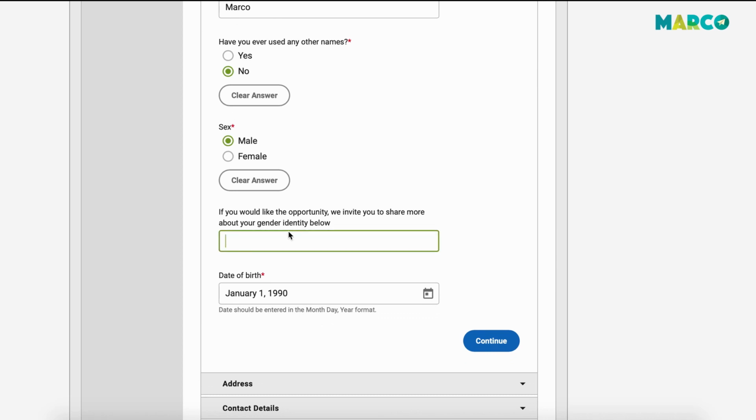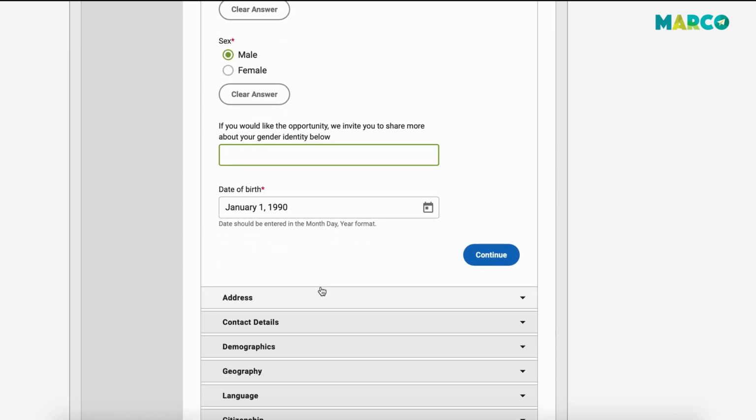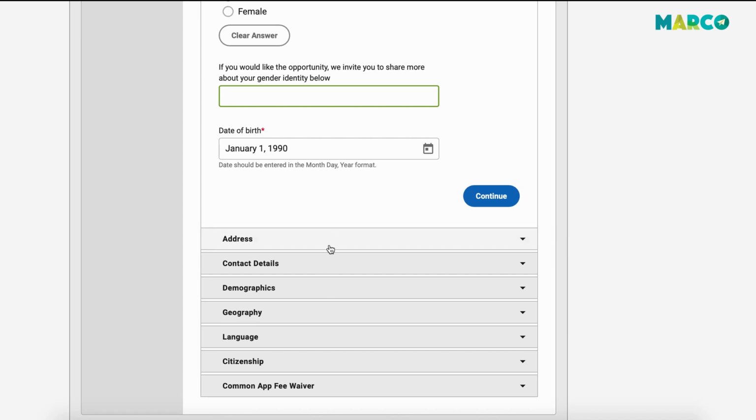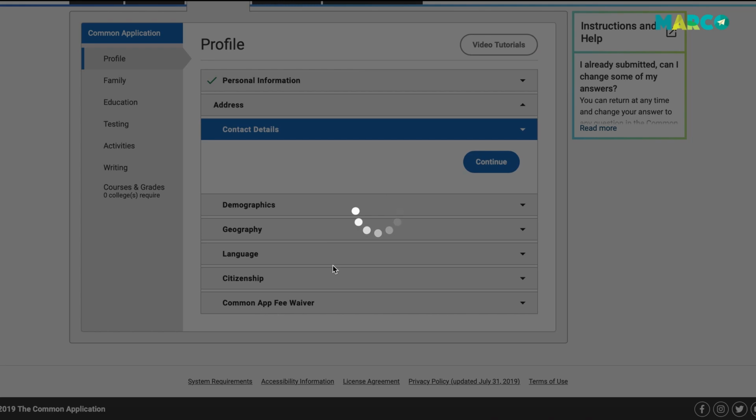We invite you to share more about your gender identity below. So if I don't identify as male or female, there's a box for that. My date of birth I provided is January 1st, 1990, which is not my date of birth. And then there's a bunch of information here: my address, my contact details,